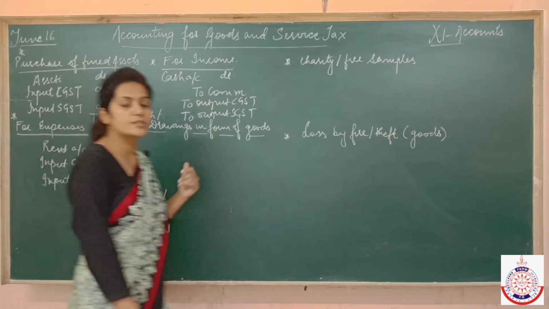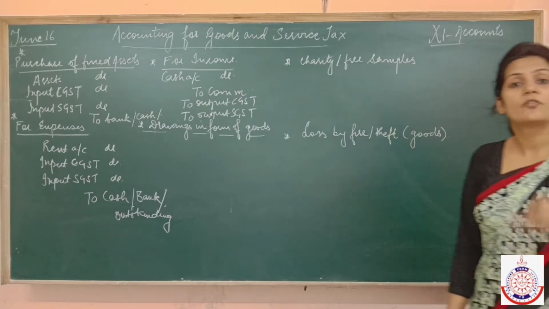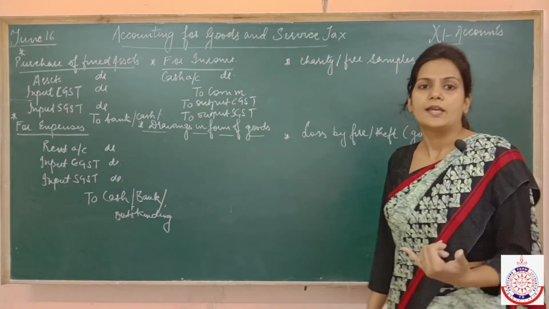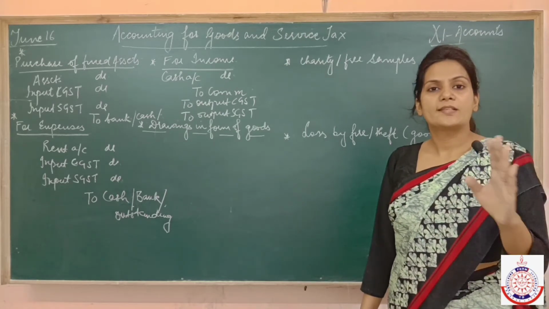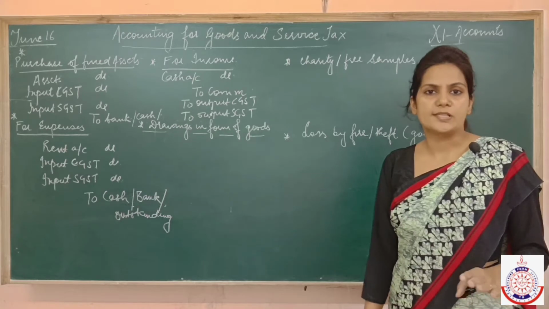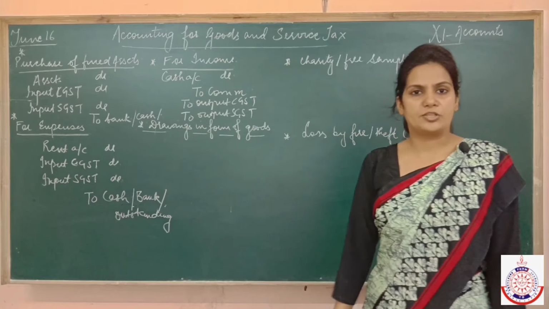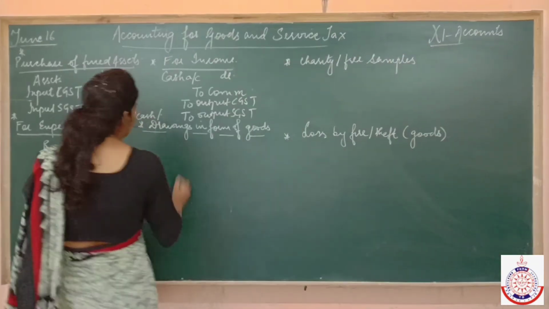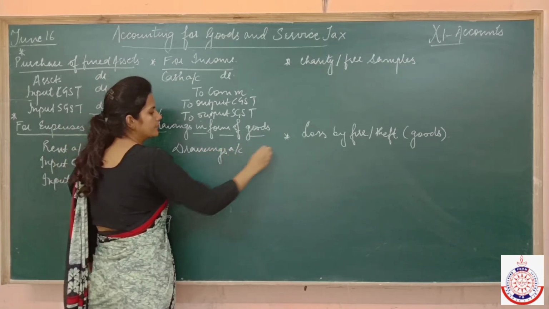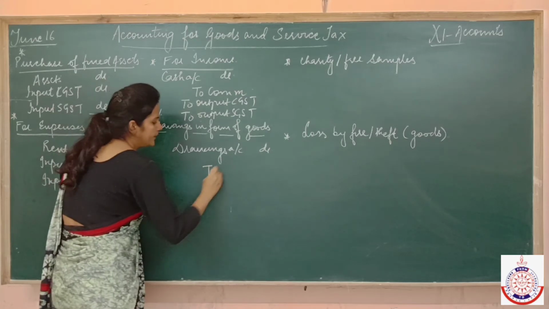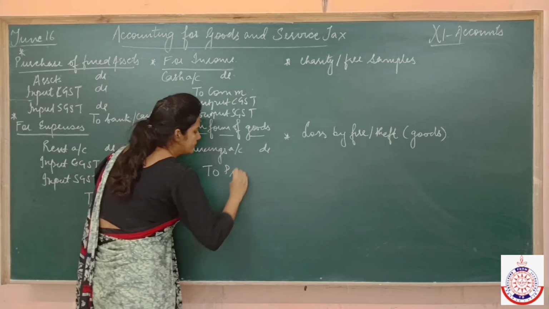Now in case, suppose the owner has withdrawn the goods from the business. See, I told you in the previous video that we don't charge GST on drawings in case of cash and drawings in case of bank. It means if the owner has taken cash from the bank, then we don't charge GST. If the owner has taken money from the business, then also we don't charge GST. But if the owner has taken goods from the business for personal use, then we have to charge GST. Now see how. What entry will you pass for this? Drawings will be debited. Fine. Then in case drawings in form of goods, then what goes out of the business? Purchases.